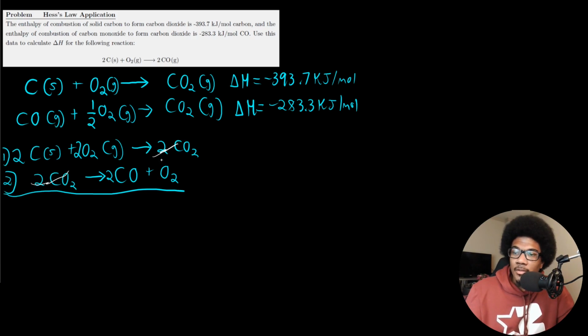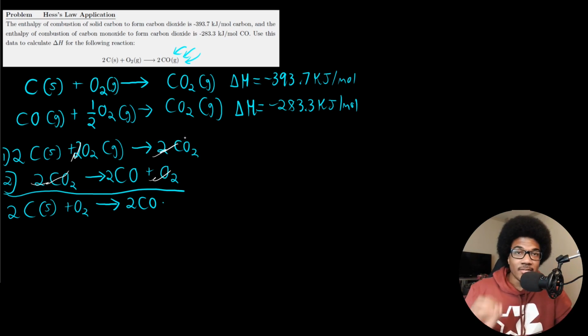Right, so the CO2s cancel out there, and then this 1 mole of O2 cancels with 1 mole of O2 in the reactants here. So we end up with the following net reaction. So we'll have 2 carbon solid plus O2 yields 2 CO, right? So this is the same as the reaction that we're looking for,